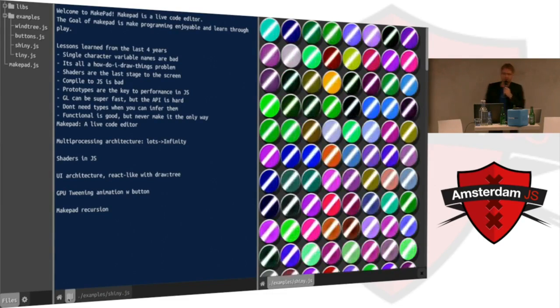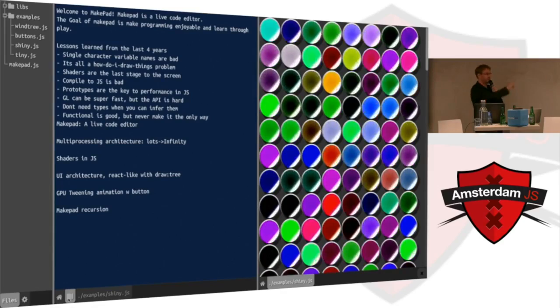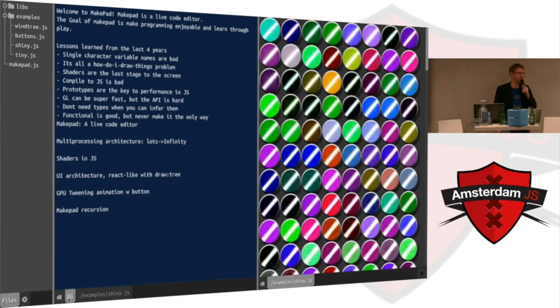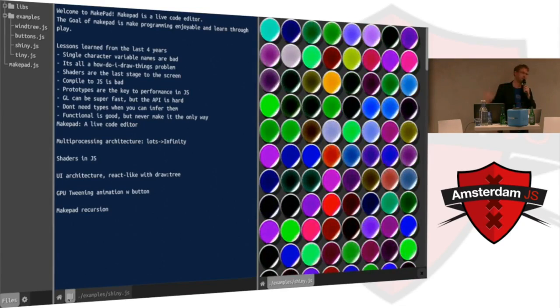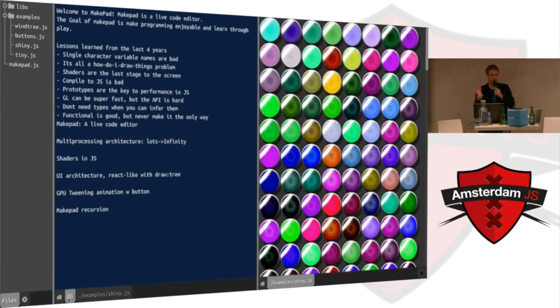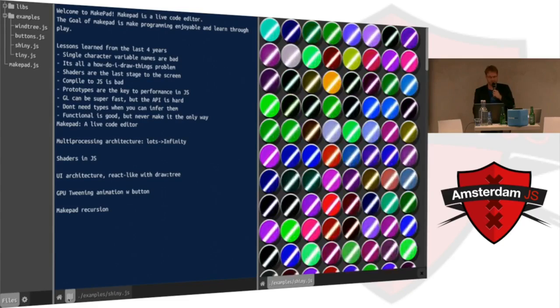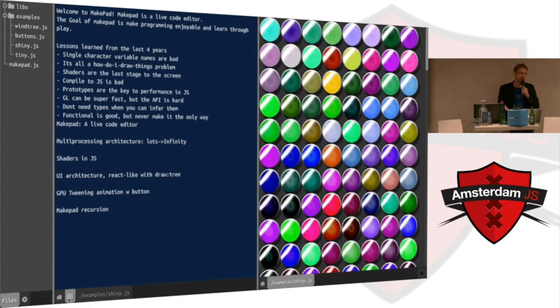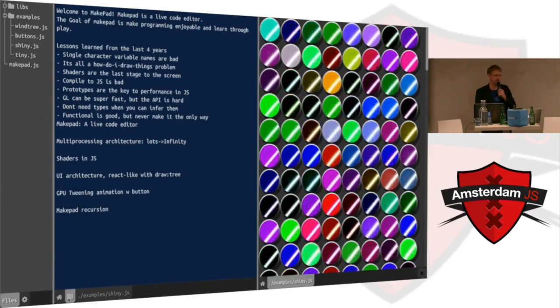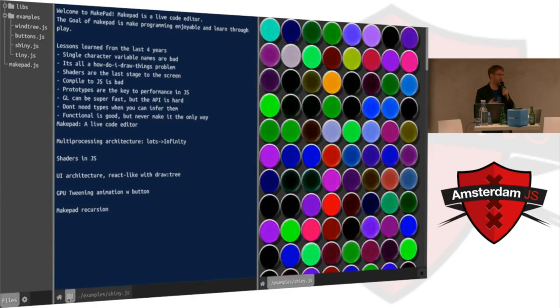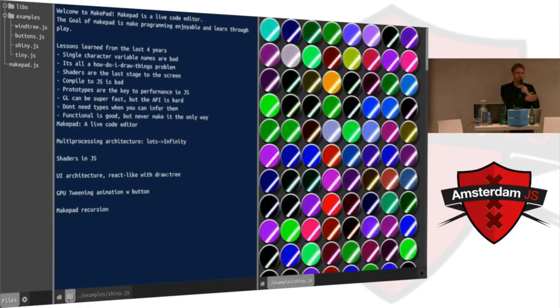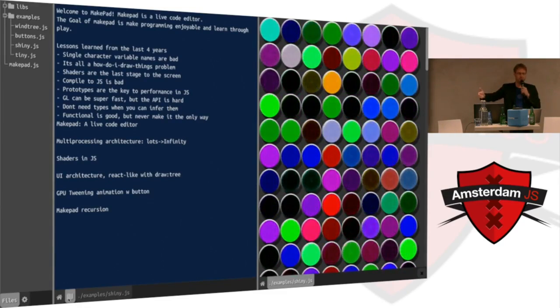And another thing I realized is because I went from single character variables to I'm going to compile my own sublanguage, because everybody was doing TypeScript and all this. I was like, oh, that's cool. I can make my own language. But turns out, unless you really, really have to, it's not necessarily a good idea because you add extra latency in your live coding environment. If you're typing characters, you want the shortest time from you to the program, and if you have